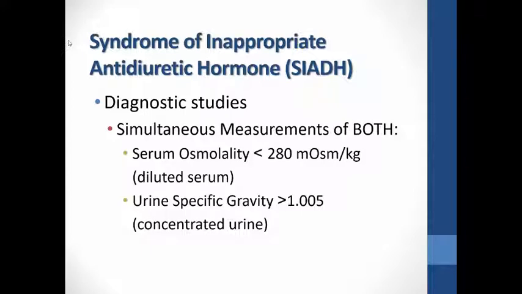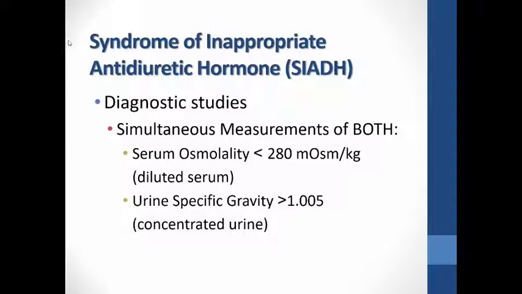So in terms of serum osmolarity, remember that you have more water than particles in SIADH. You're holding on to fluid, specifically water. So you have more water than you do particles. Okay? So therefore, your serum osmolarity is going to be low. Now, your urine specific gravity is going to be more concentrated. It's going to be higher.